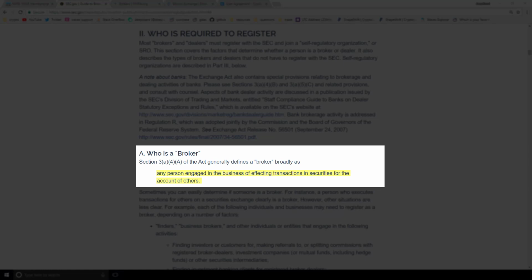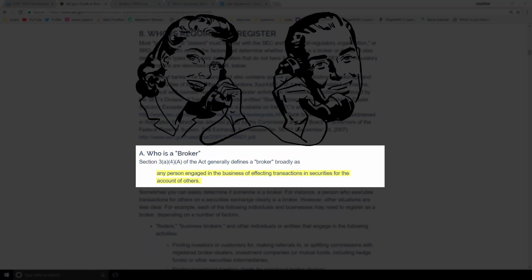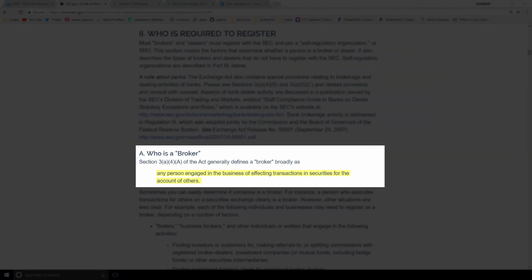In the old days, potentially in movies, or you might have experienced this yourself, you would call your broker on the phone and say, buy this or sell that many shares of a particular stock. Now, we typically have online brokers where they're still brokering for us, but it's a software relationship. We tell the software which trades we want to execute, and the software goes ahead and keeps track of our